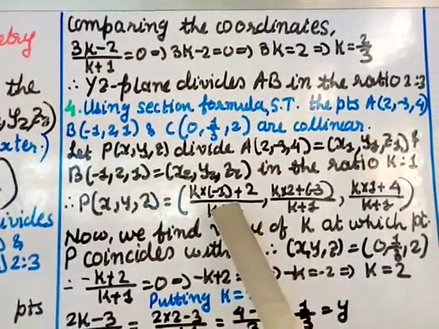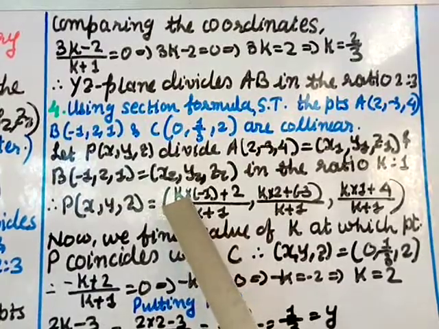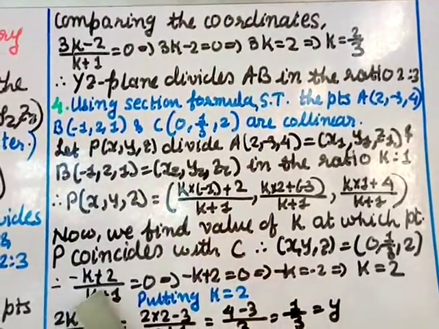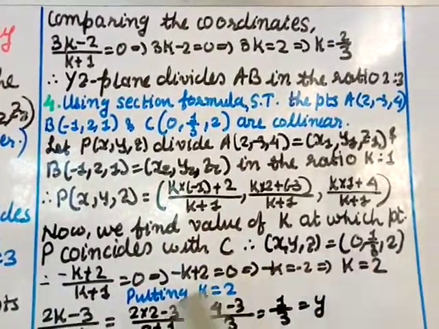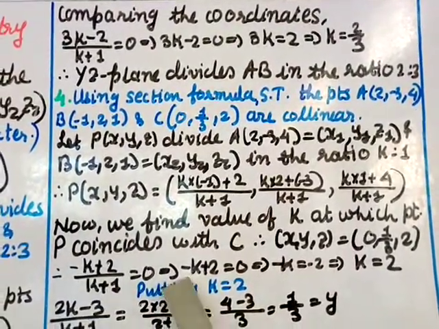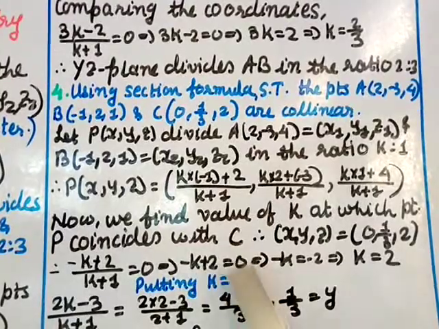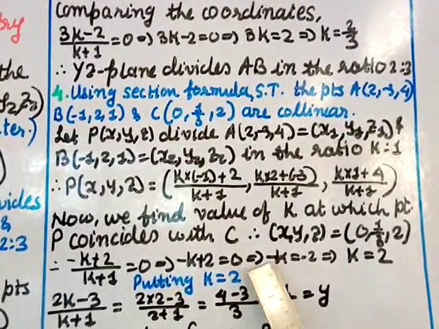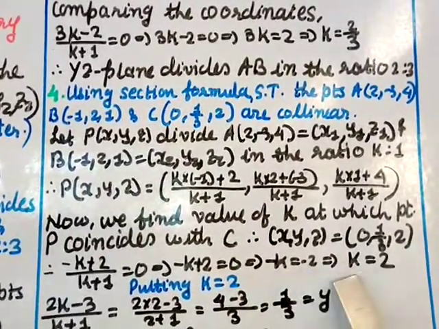Okay, so let us check the first one. Minus 1 into k is -k, plus 2, divided by k + 1. Equate with the first coordinate, that is 0. Transfer k + 1 and multiply with 0, it will cancel. Here remains -k + 2 = 0. Plus 2 transfers over here and becomes -2. Here -k = -2, the minus signs cancel, so you get k value as 2.